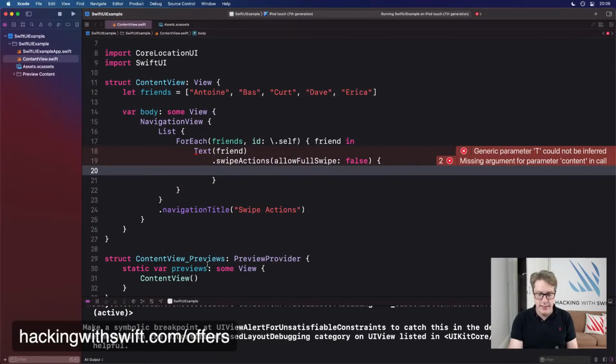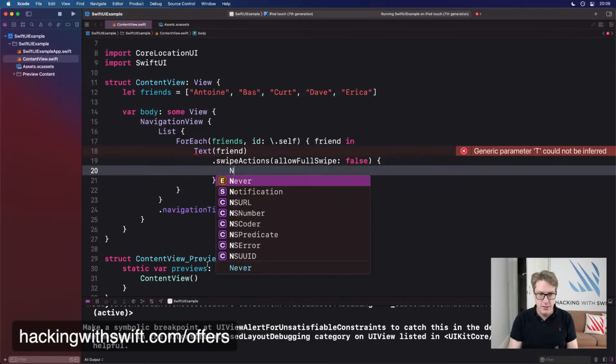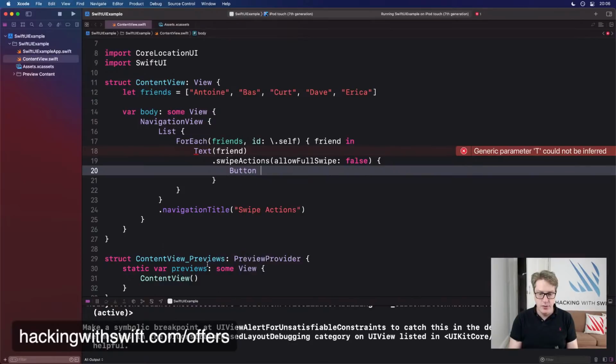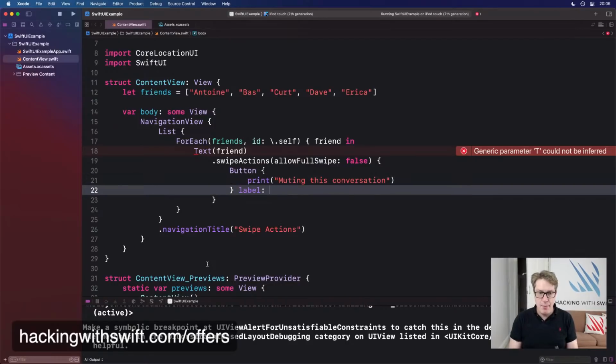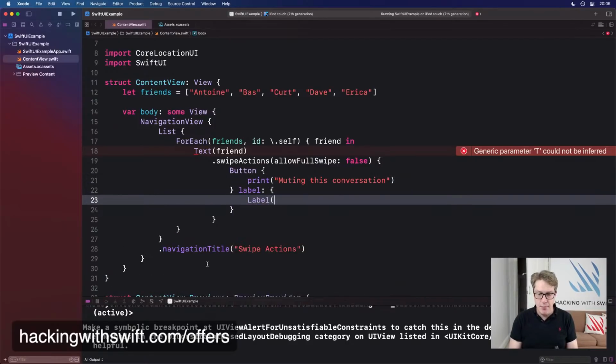And inside here, I might say I want a button, which is going to print muting this conversation. And the label for that's going to be a Label with mute and systemImage, let me get this right, bell.slash.fill, I think.